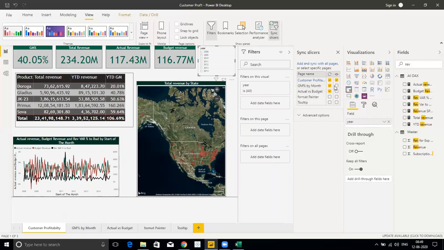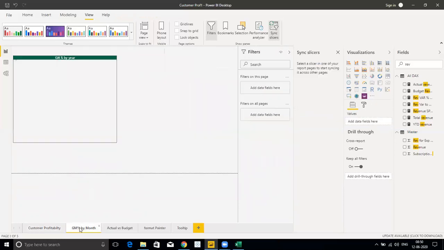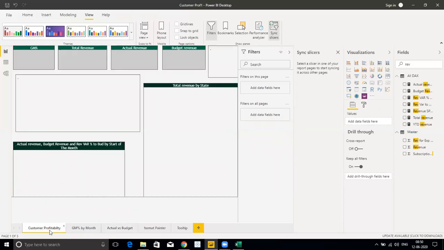But I don't want to show this slicer on the other pages, so I don't click here. Now, if I choose 2010, it gets synced on this page. And if I click on the next page, look at that. It's working properly.